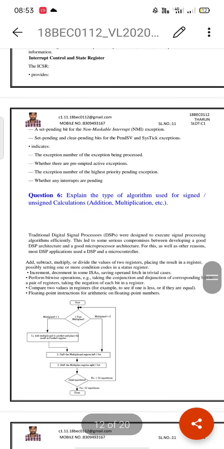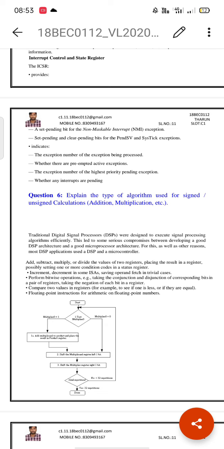The next question is to explain the type of algorithm used for unsigned calculations and signed calculations. Traditional digital signal processors were designed to execute signal processing algorithms efficiently. This led to some serious compromises between developing a good DSP architecture and a good microprocessing architecture. For this reason, most DSP applications used a DSP and a microcontroller, and add, subtract, multiply, or divide the values of those registers, placing the result in a register,